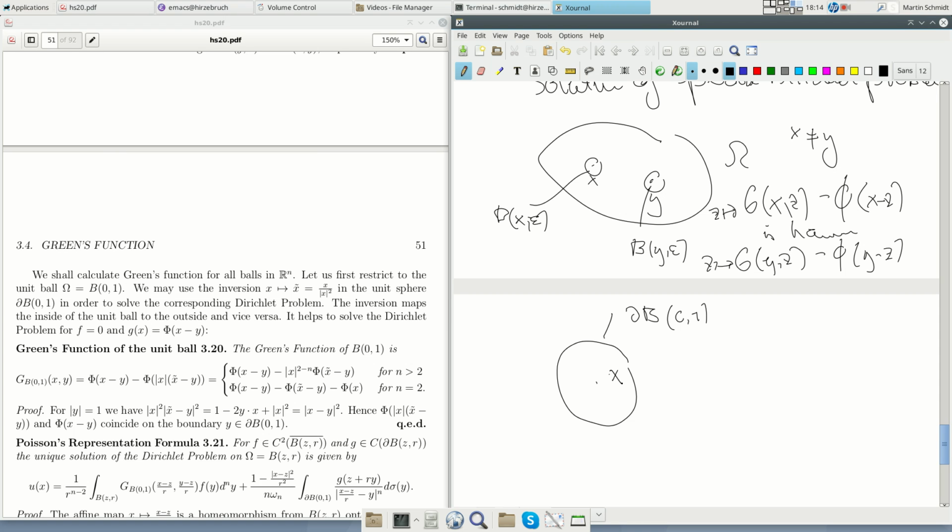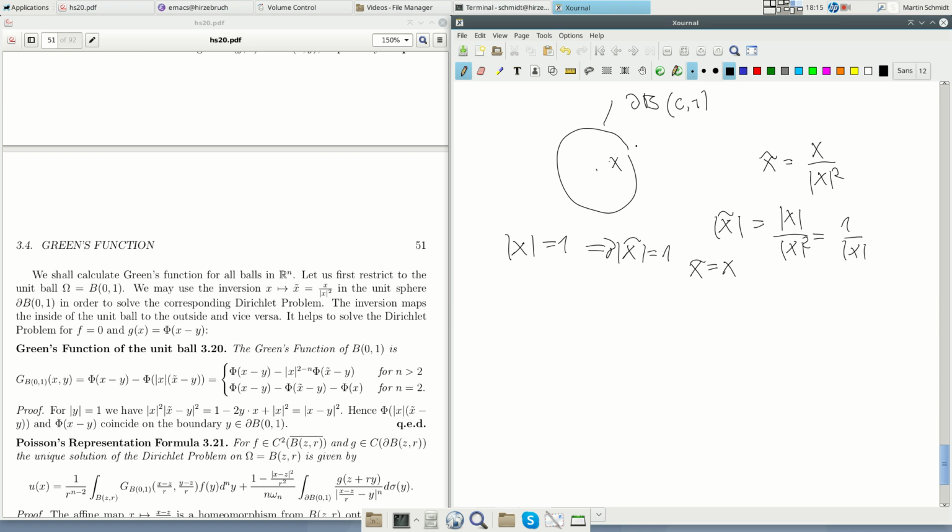And if we have some point x here, then we consider x tilde, which should be x divided by the length of x squared. Then, of course, the length of x tilde is 1 over the length of x. So if x is inside the ball, then x tilde is outside the ball. And if x has length 1, then x tilde also has length 1, and you see directly that x tilde is equal to x. So if it's on the boundary of the unit ball, then x tilde is equal to x. So the map x mapping to x tilde